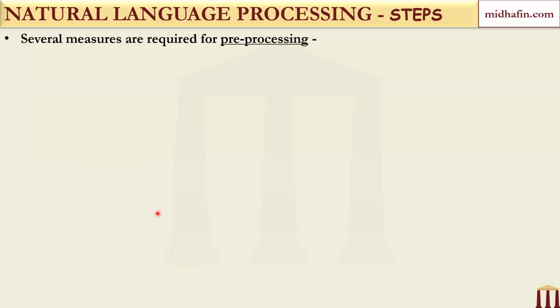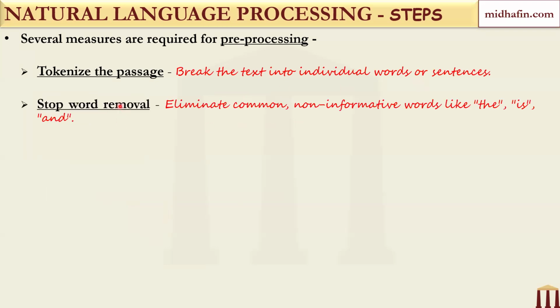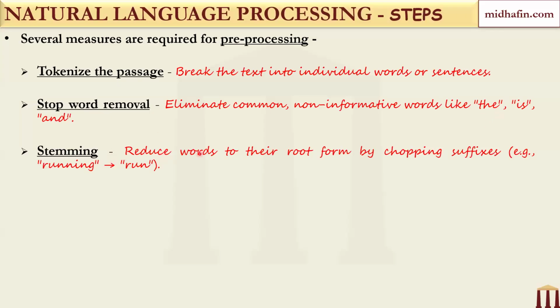Okay. So in pre-processing, you tokenize the passage. So you break the text into individual words or sentences, and then you remove stop words. So this is the first step. Then you remove stop words. So eliminate non-informative words like the, is, and. Then you have stemming. So you reduce the words to their root form by chopping suffixes, like running changes to run. Okay. And then you have